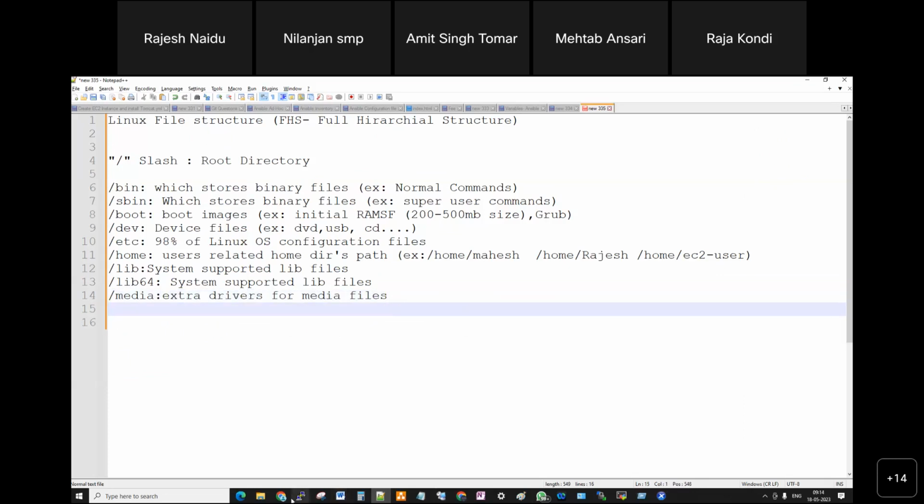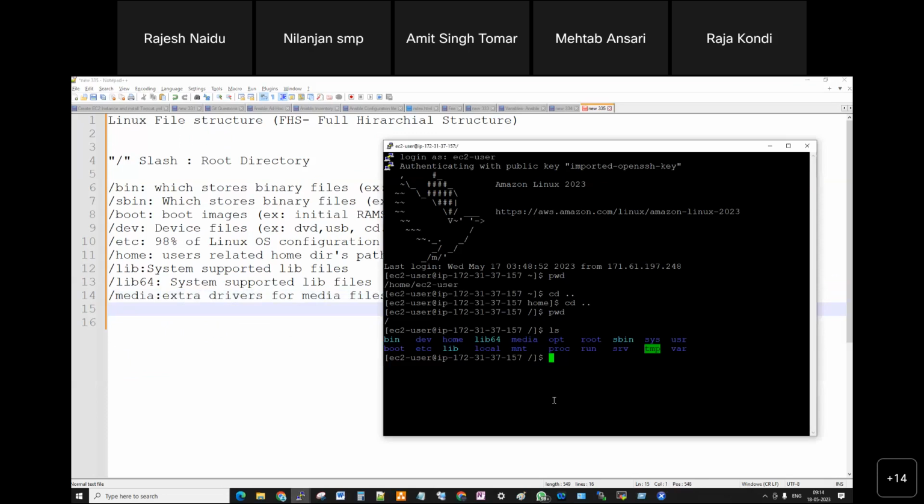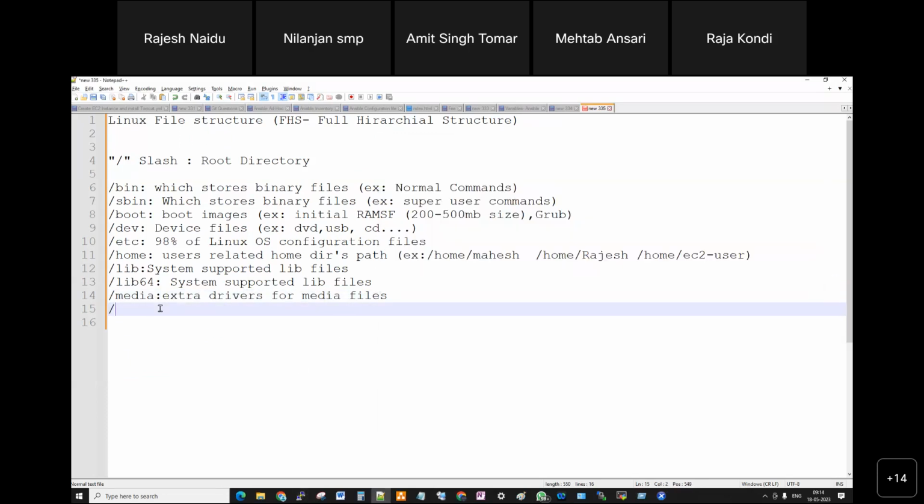And next, mount point, /mnt. MNT means mount point. What is the purpose we are using it for? Suppose you have a pen drive and you insert the pen drive into your system. The pen drive needs to be accessible from the system, right? But there should be a separate drive created.